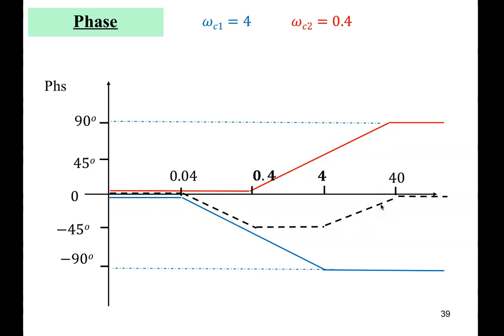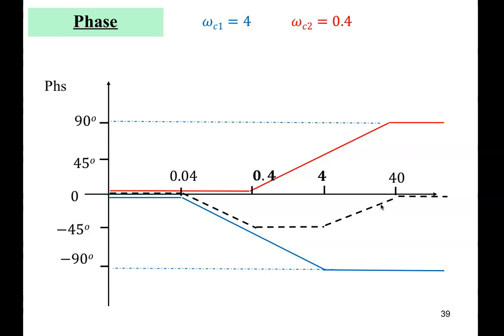Okay? So basically, it really doesn't matter. My 2 examples only use 2 first order systems, but you could have more, so don't be scared by the complexity. All you need to do is treat them as individual first order systems. If they need to go up, they go up. If they need to go down, they go down. The key is to make sure you get the right corner frequencies. Okay? That's where